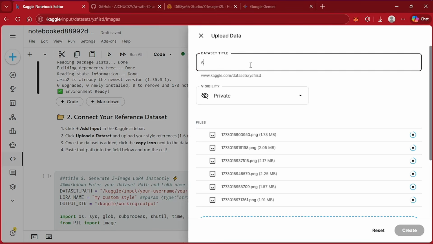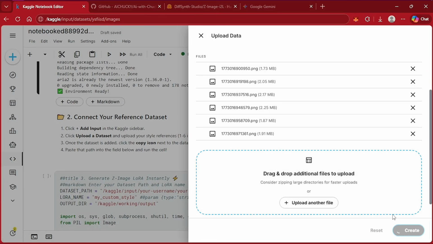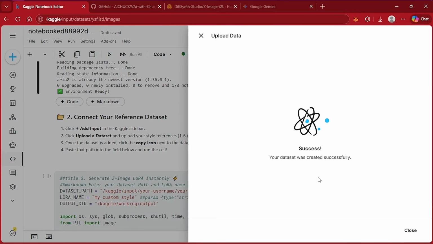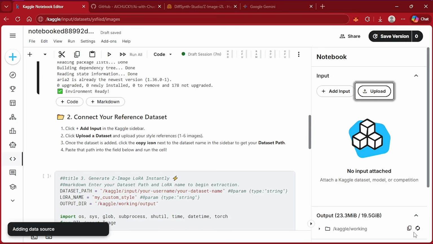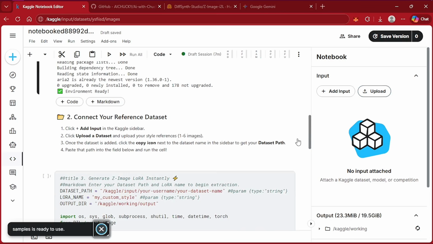Finally, I type in the word samples. The error disappears and I get the green check mark. Perfect. I click the Create button in the bottom right corner. Once the progress bar finishes and it says Success, I close that pop-up window. If you look closely at the input section on the right sidebar now, you will see a new data source